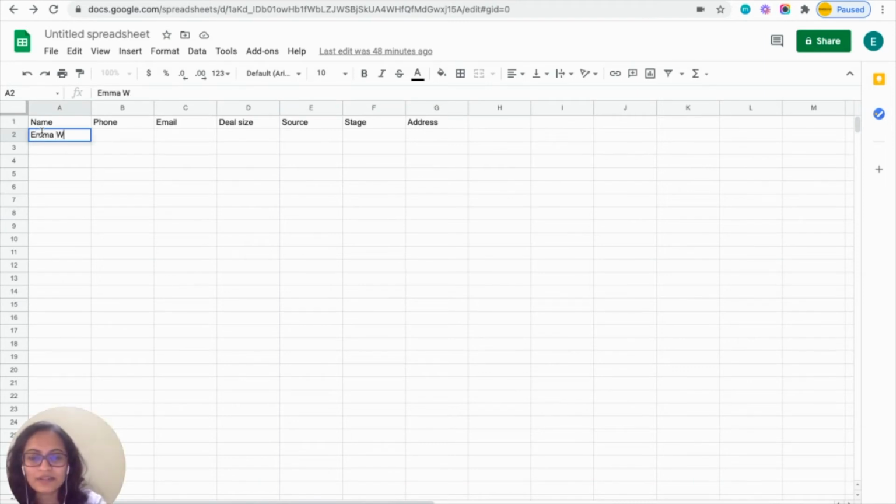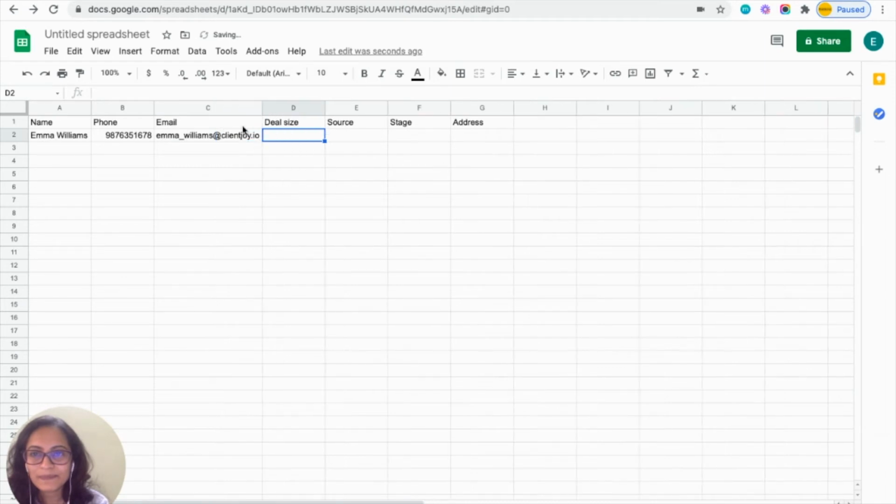So, for example, enter the phone number, enter the email ID, enter the deal size, mention the source, and address.